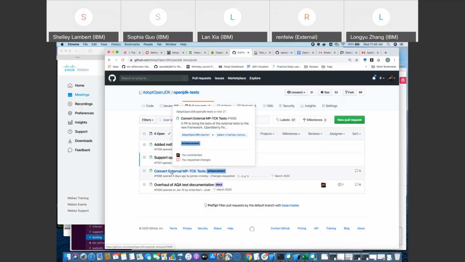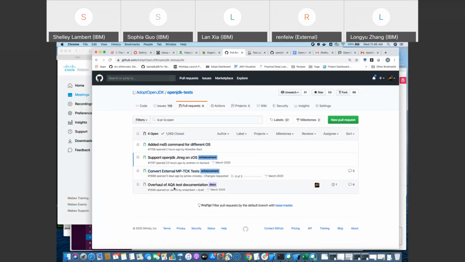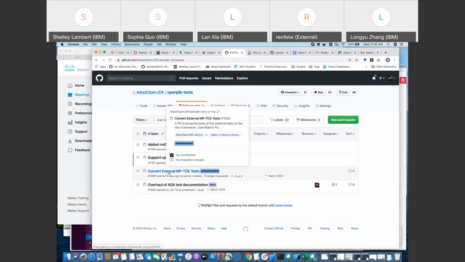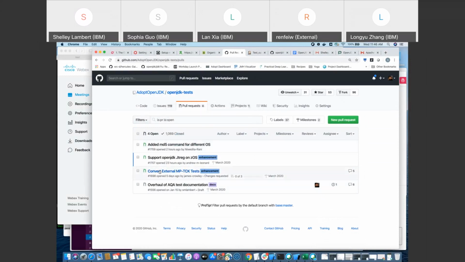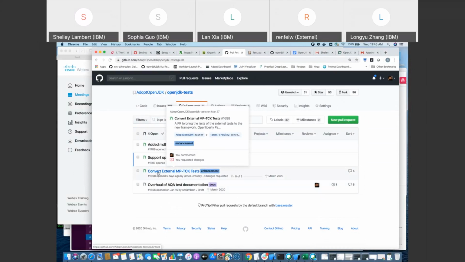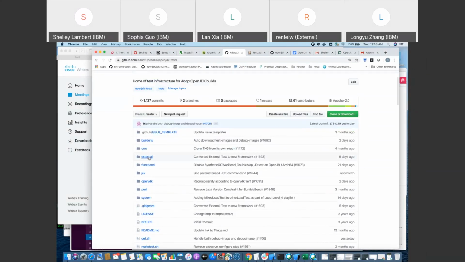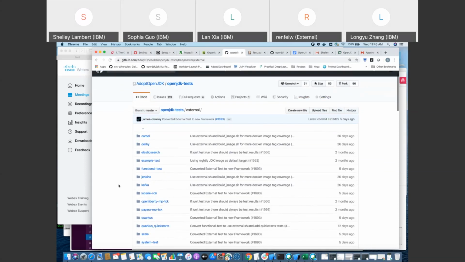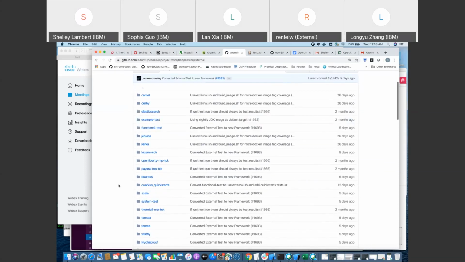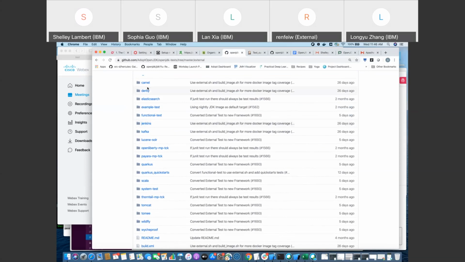There's still some revisions that need to happen here to make sure they're running properly. But what this actually means is that's the final set of tests to be converted. I know I've talked about it in other AQAvit meetings, so this is a bit repetitive. But what it means now is all of these tests, with the exception of Elasticsearch, because it's special and going to need special handling,